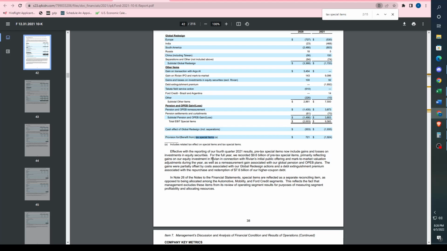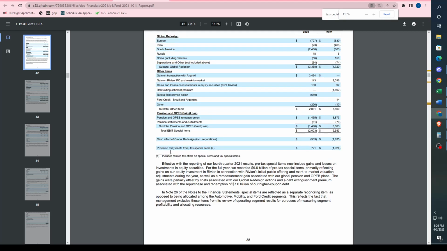Okay, so now they give us a little definition. And I'm going to zoom in for you guys. Effective with the reporting of our fourth quarter 2021 results, pre-tax special items now include gains and losses on investments in equity securities. For the full year, we recorded $9.6 billion of pre-tax special items, primarily reflecting gains on our